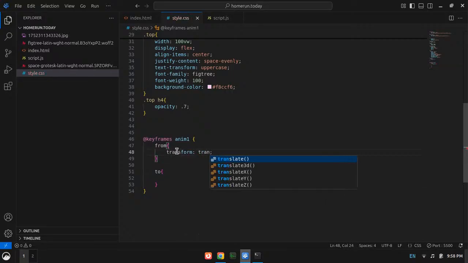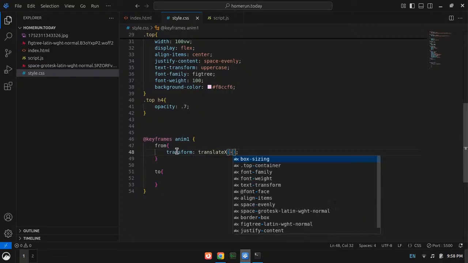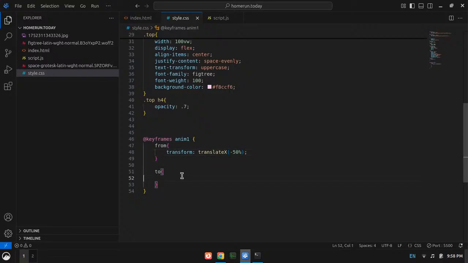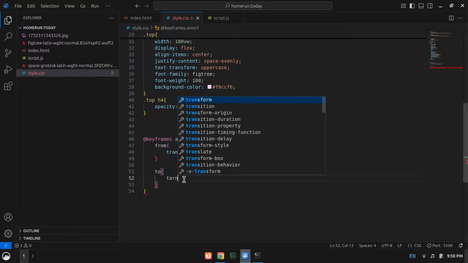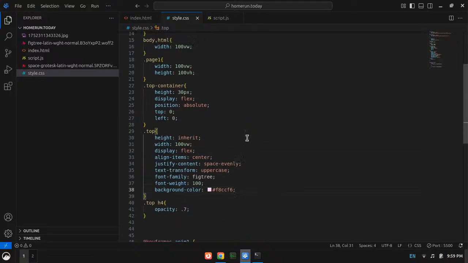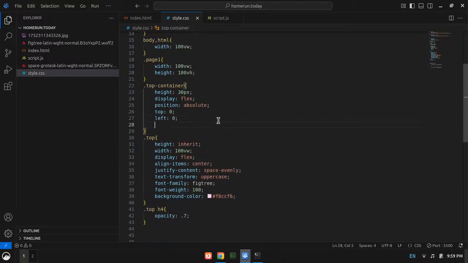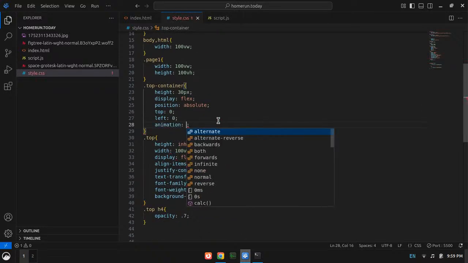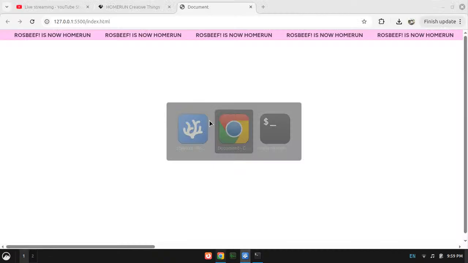So transform translateX, let's say minus 50%. Okay, and now to the top container, I guess, we will give it an animation called anim, and the duration will be 2 seconds. Let's see if it works.